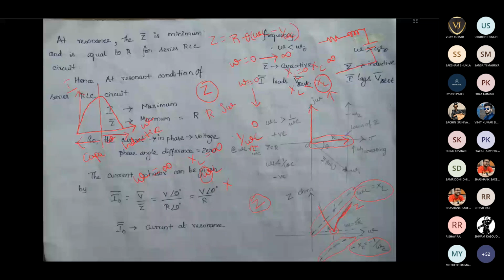So here you can see that if the frequency is more than the resonant frequency, the circuit will be behaving like an inductive circuit because your ZL will be higher. So before the resonant frequency in a series RLC circuit, the complete circuit behaves like a capacitive circuit. After the resonant frequency, it behaves like an inductive circuit. How the omega changes, how the XL changes, how the XC changes, we have plotted everything here. This is just for your reference, for your understanding.